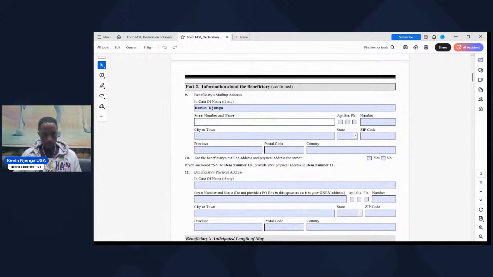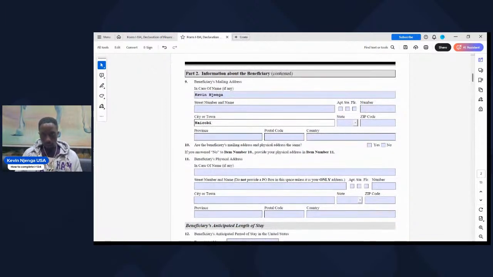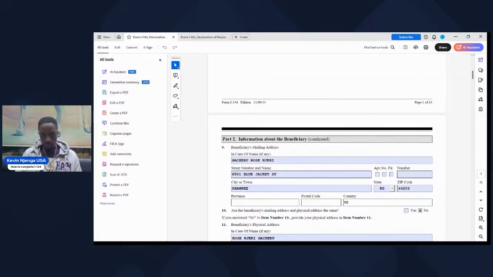And street number and name, you're gonna put your street number and name there. Apartment, if you live in an apartment, and the number. City or town, Nairobi. State, you're not gonna put anything there because